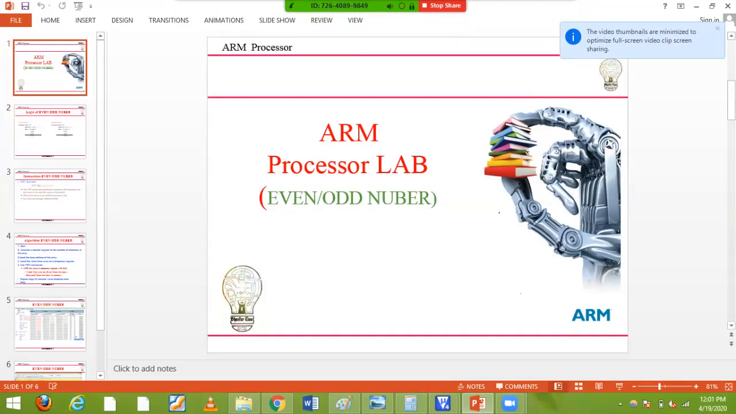Today you're looking for an ARM Processor Lab program: even or odd number search in an array. Here our intention is, I have one array. In this array, I need to find out whether the given number is an even number or an odd number. Once you find out, I need to store it in some other array. So definitely we require